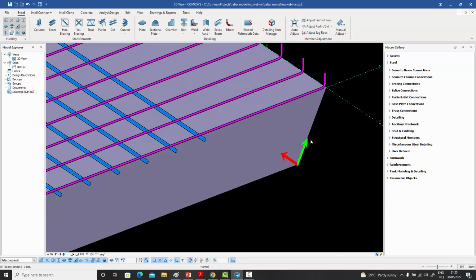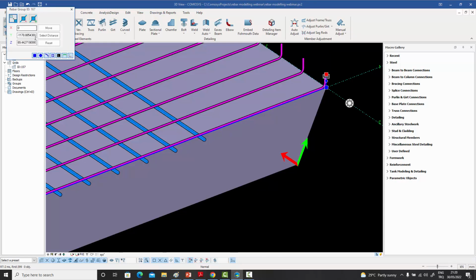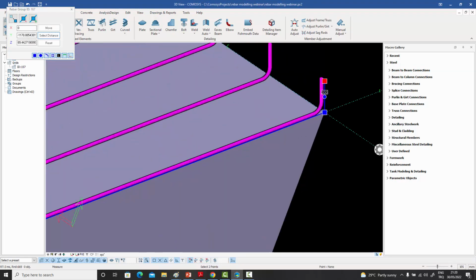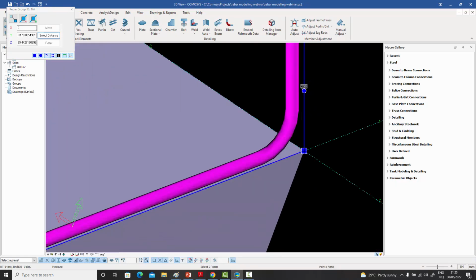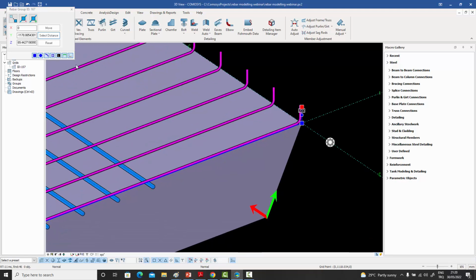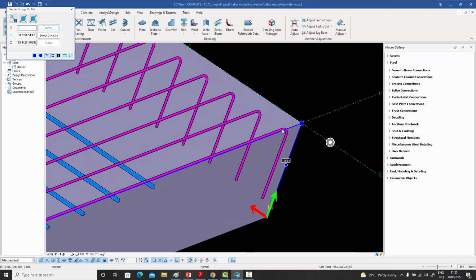So I have my positive y direction going like that. I then select my bar again, select the point, and say I want to move it, and I say select distance. I zoom in, select this point, and then I come over this point, and I say I want to offset this point even further by dy minus 1000. And when I do that, those numbers are filled up, and I can just say move, and my bar has been moved